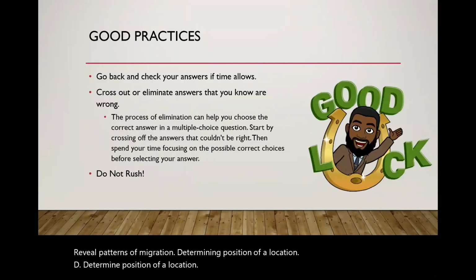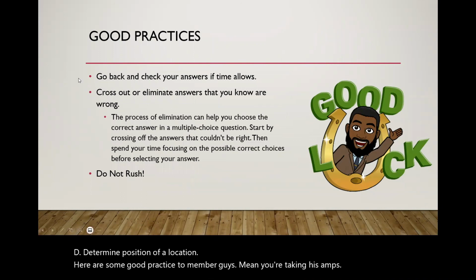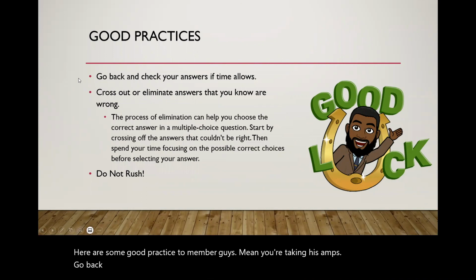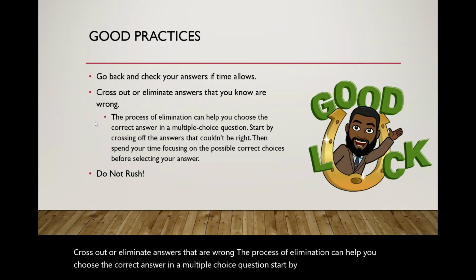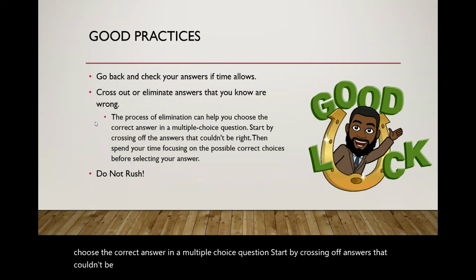Here are some good practices to memorize when you're taking your exams. Go back and forth and check your answers if time allows. Cross out or eliminate answers that you know are wrong. The process of elimination can help you choose the correct answer in a multiple choice question. Start by crossing off answers that couldn't be right. Then spend your time focusing on the possible correct choices before selecting your answer. And lastly,